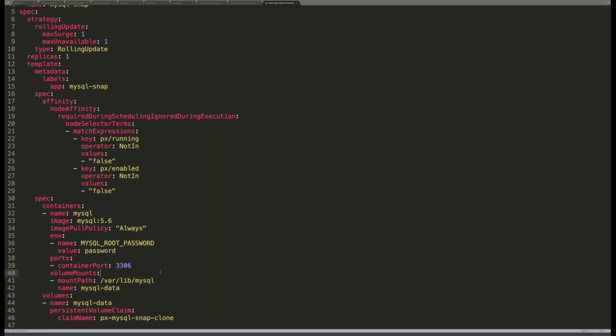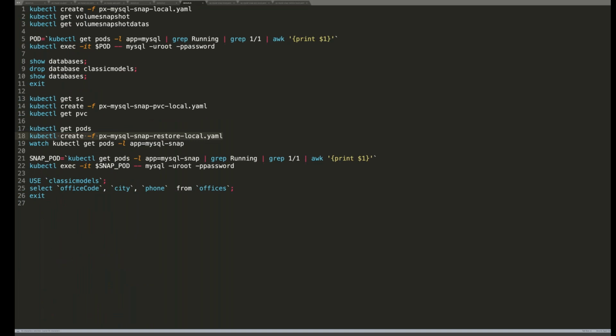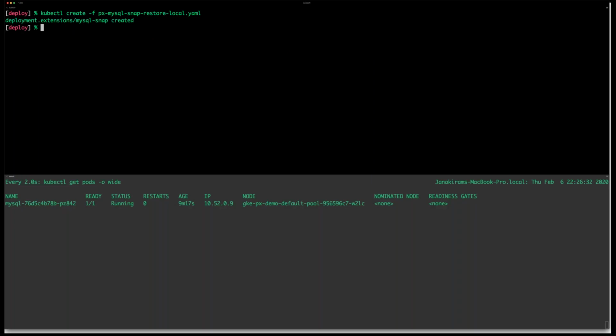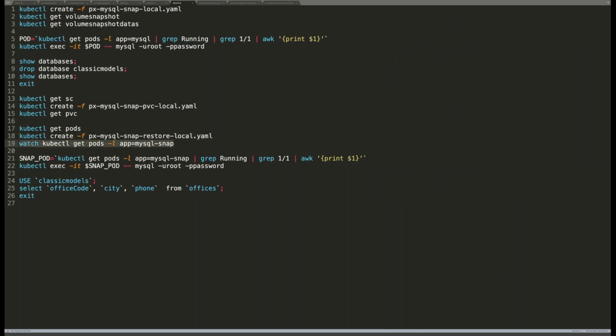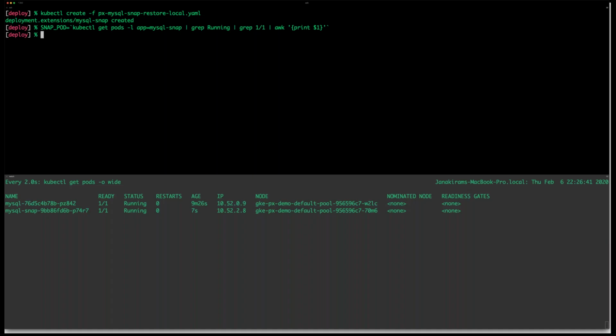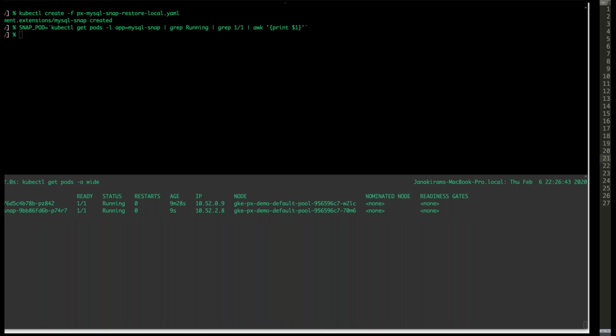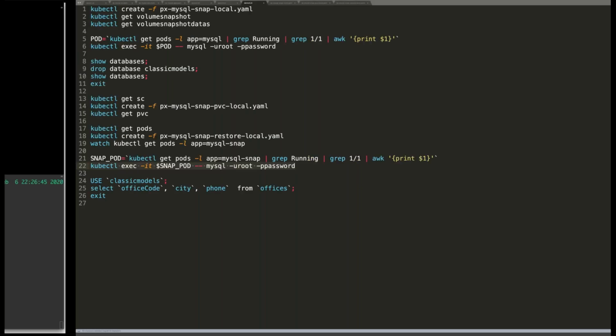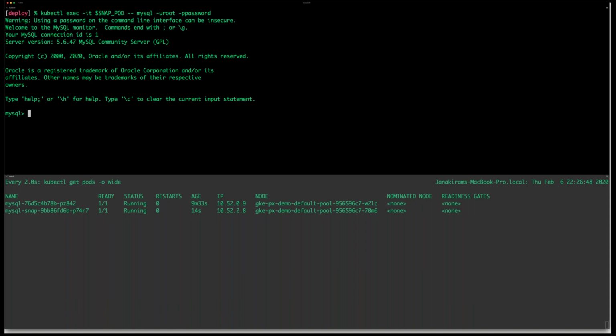So let's go ahead and create this again. So this is going to be a clone of the original MySQL pod. Now I'm going to get the name of the pod. Let's call it snap pod, and I'm going to exec into it to access the MySQL shell, and I can